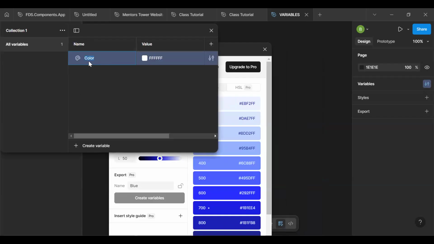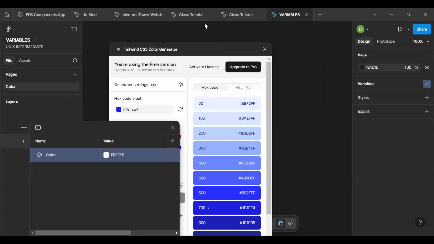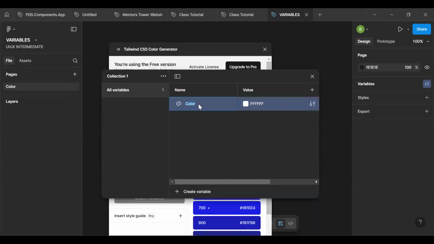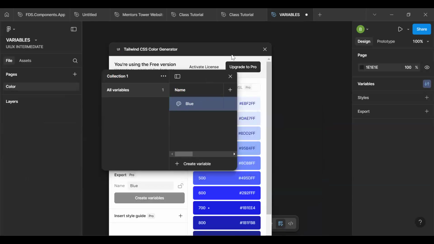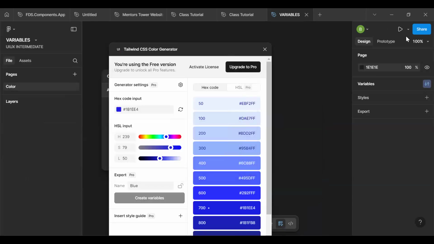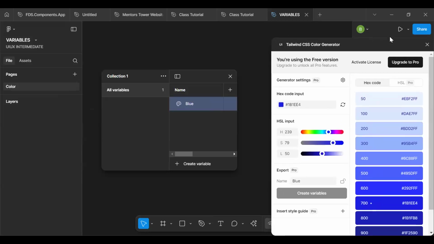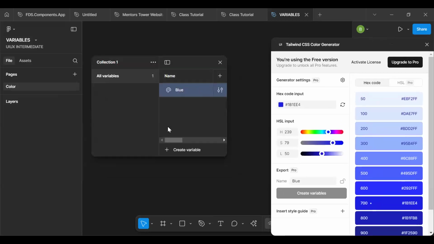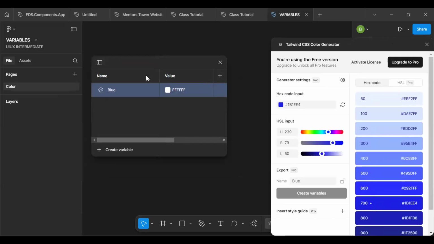I'm going to call this blue. I need the color code. Let me expand this. Blue slash